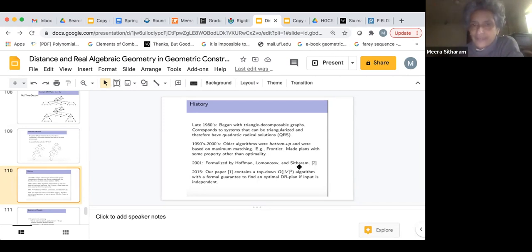So we separated the parts, and we gave 2 papers. One talks about what it is that we want algebraically, and then how do you capture it graph theoretically, and then gives some algorithms for coming up with these decompositions. So they're a 2-part paper. And this